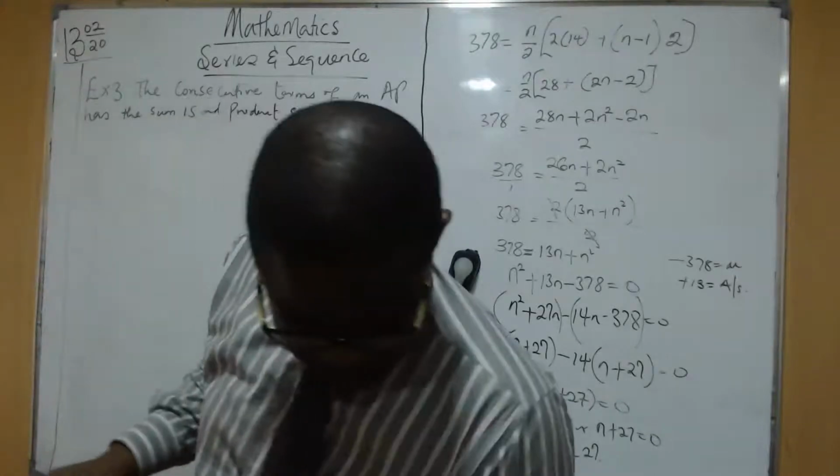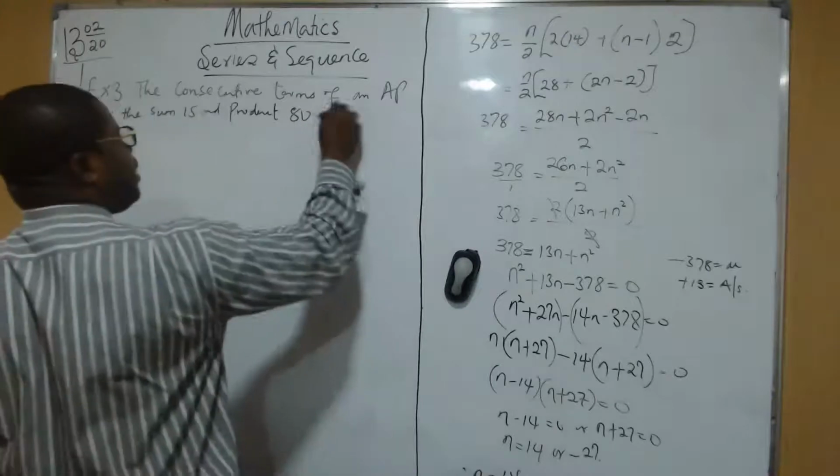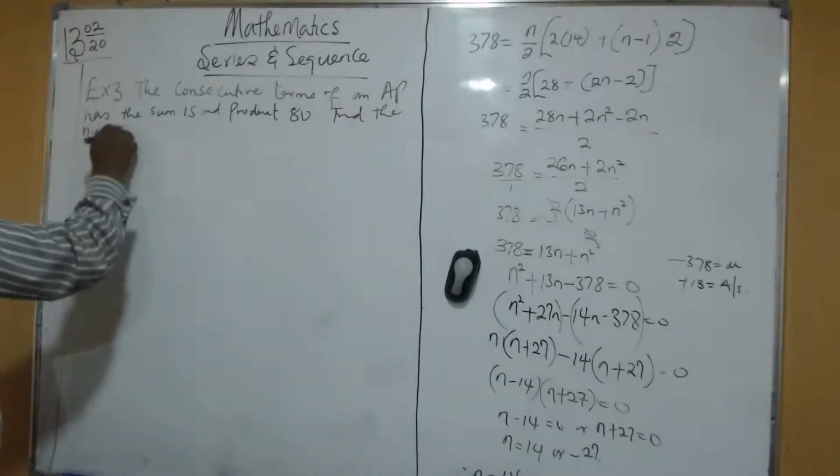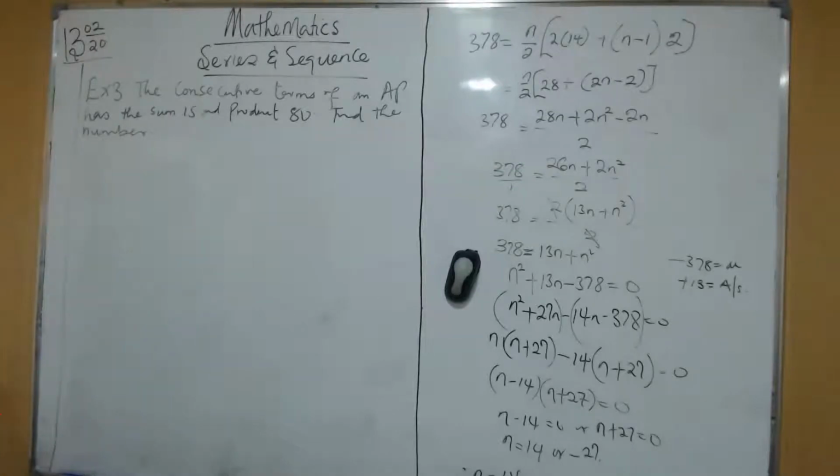Then the question says find the numbers. Now in a JAM question, what we need to do, knowing the sum of an AP,